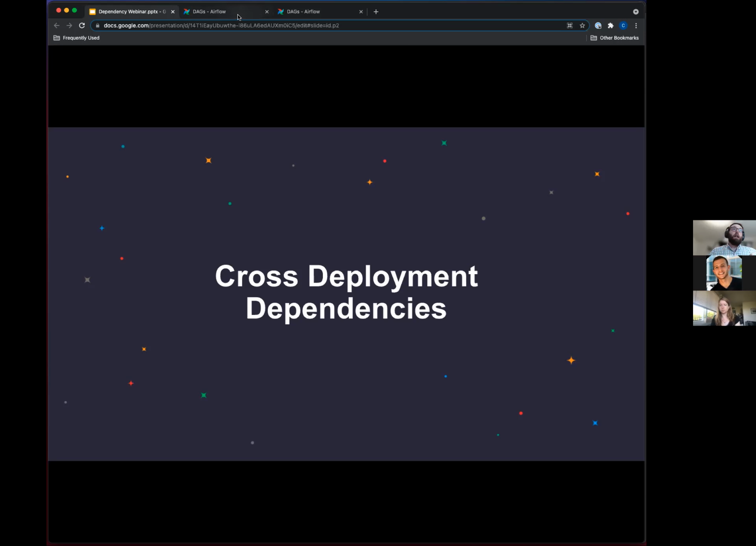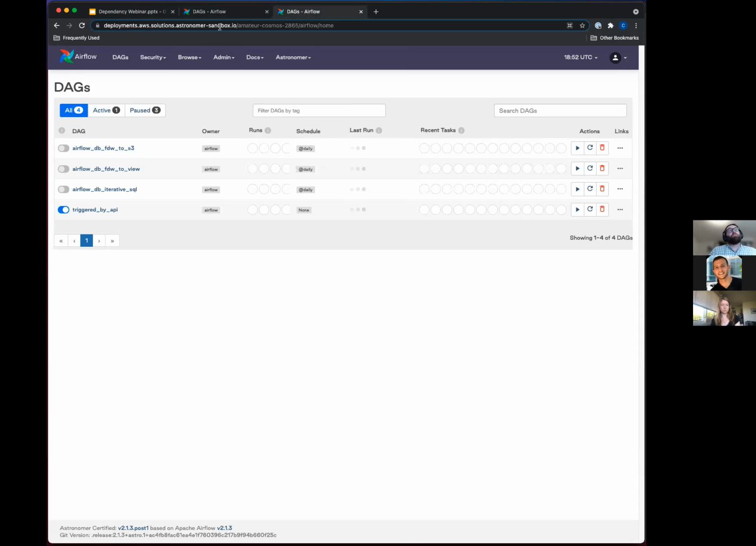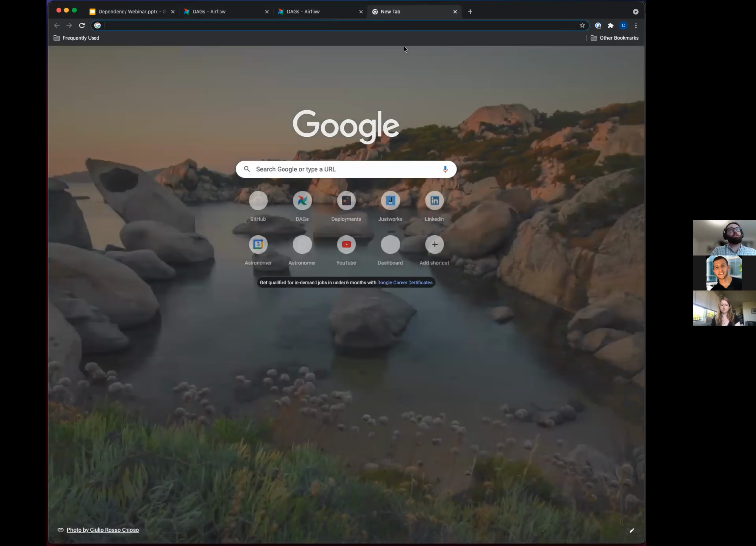So right now I'm in my local host, which is just right here on my machine, on my laptop, right? And then we have another tab, and this is pointing to a completely separate deployment that I'm using. Now I do have an API key set up for this specific deployment so that I can make REST API calls to this deployment. And if we go to the